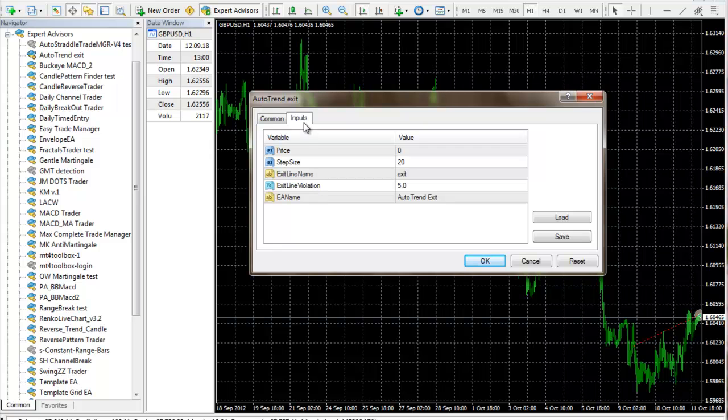And then inputs is basically those, each line is called a variable. Here is a variable, and here's a variable value which you can change before each EA run. Okay, so these are called external variables, which you can change for each EA run. So anytime you run an EA, you could choose a different combination of all of these